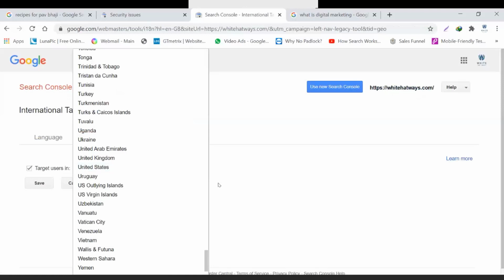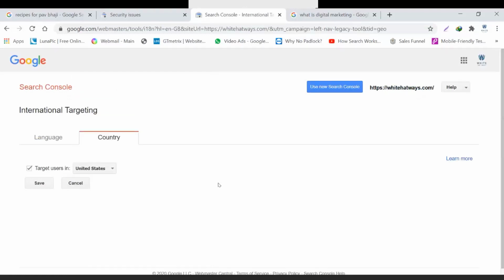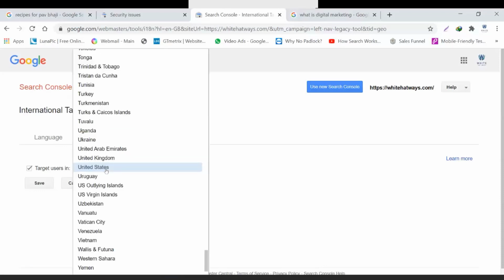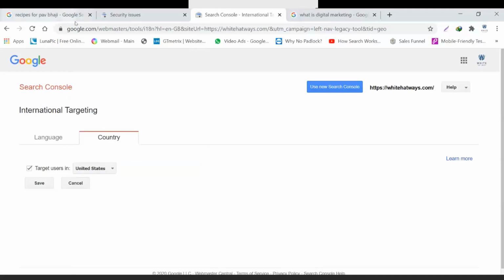Basically all you need to do is come over here into international targeting, target users in United States or whichever country you want to choose, and just click on save, and thereby you are giving the information to the search engine that you are going to target the people within this particular country.